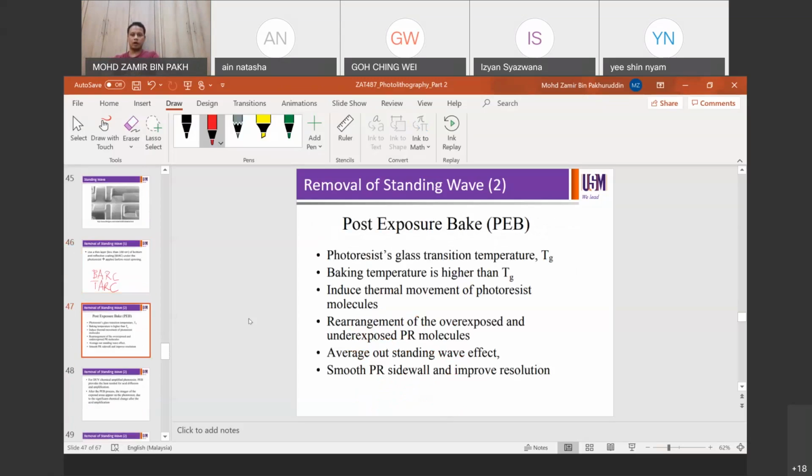Another way to do that is by optimizing your PEB process. After the exposure, we have learned about a step called PEB, or post-exposure bake. The temperature and the duration of the PEB process have to be optimized carefully so that the standing wave effect can be minimized. When we bake at a temperature higher than the glass transition temperature of the resist, we induce thermal movement of the resist molecules. So it will actually diffuse. It's like it's not stable yet, it will keep moving around. So it will cause some thermal movement due to the baking effect,